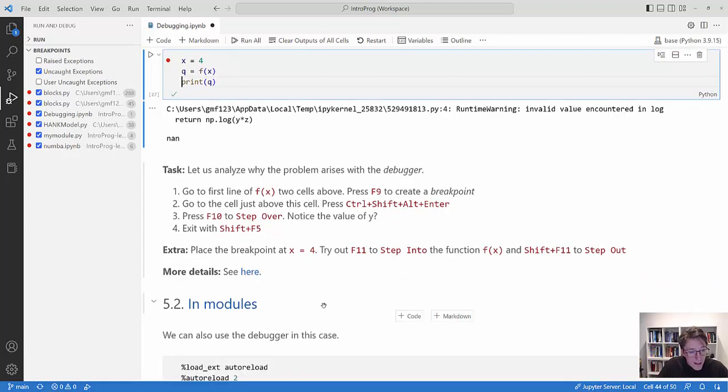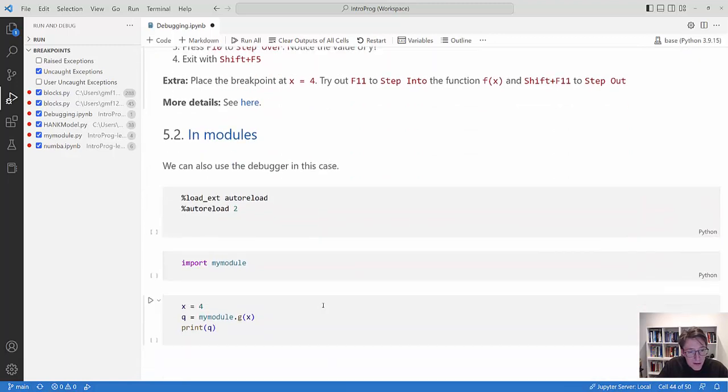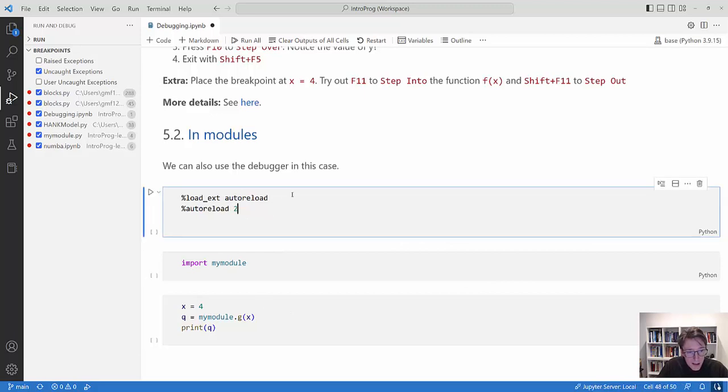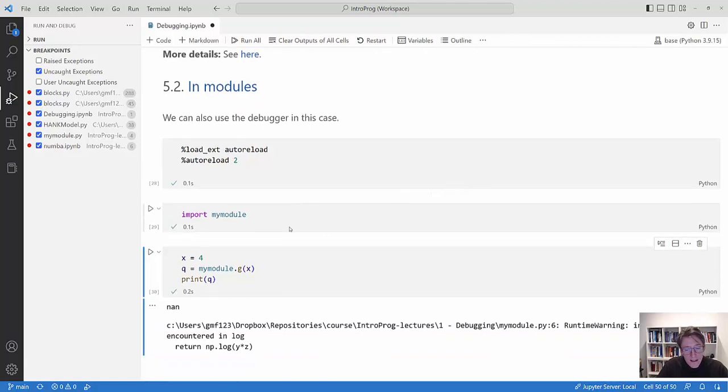This also works if we do this with modules. So let's import a module here, and let's see that we get the same problem as before with this G function here. And now I want to solve this. I want to understand where the problem is. So I can go into my